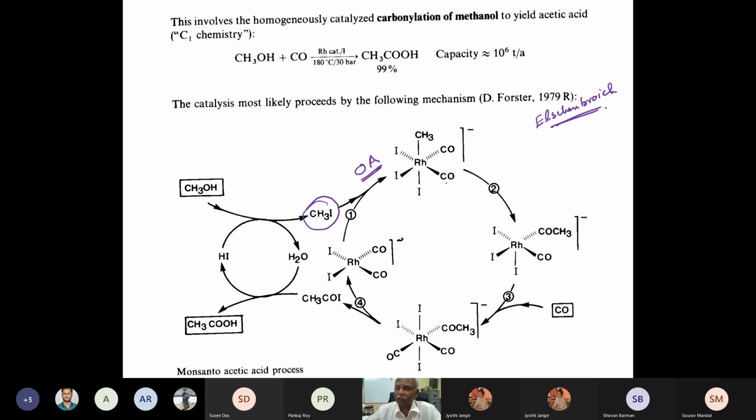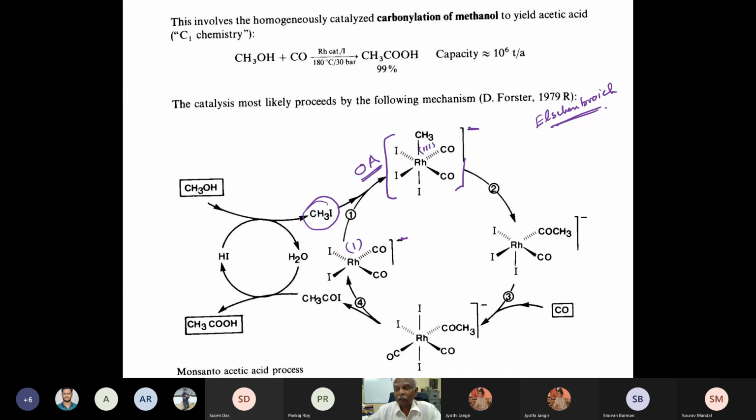So oxidative addition of methyl iodide will, of course, just like the Vasquez complex, this is like the Vasquez complex. This is rhodium 1. And if you do an oxidative addition, you will get a rhodium 3 species, and you will get it as a trans complex in this case. And now I have a negatively charged species because I oxidatively added a neutral molecule, methyl iodide. So I have a negatively charged species, which is rhodium 3.